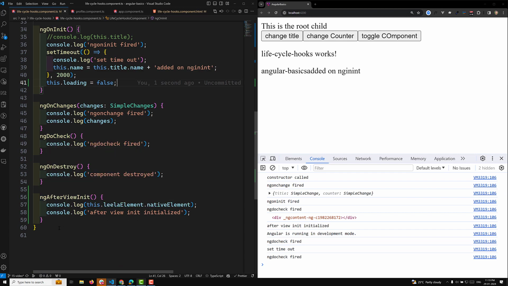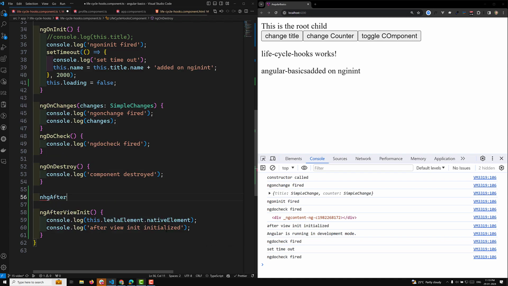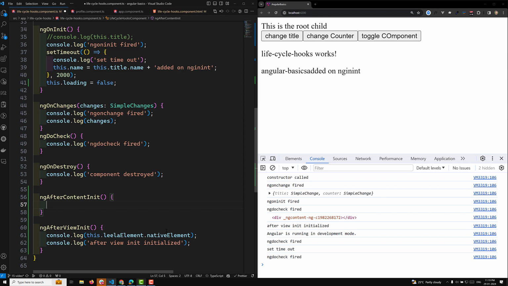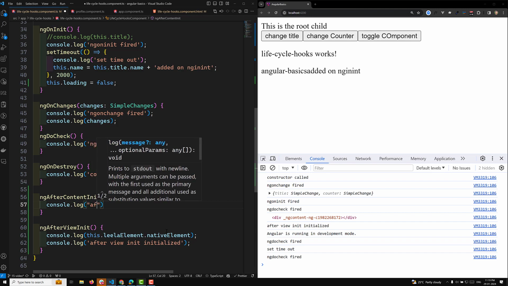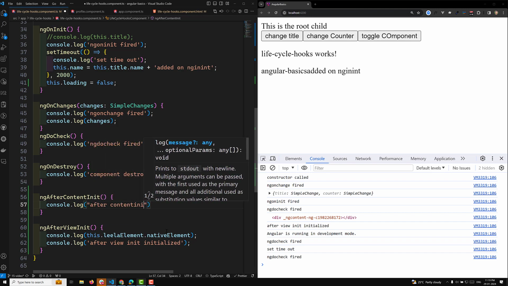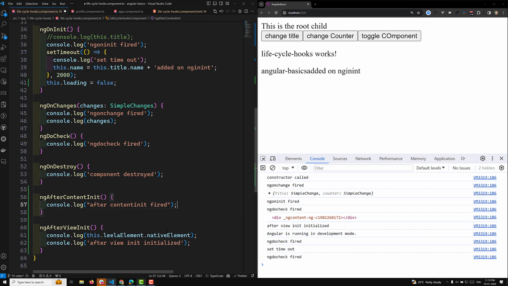Now another one which I want to explain to you is ngAfterContentInit. So this is also one of the important things. So ngAfterContentInit will be fired before the ngAfterViewInit. So here if I try to do console.log after ContentInit fired, so when I try to fire this one,